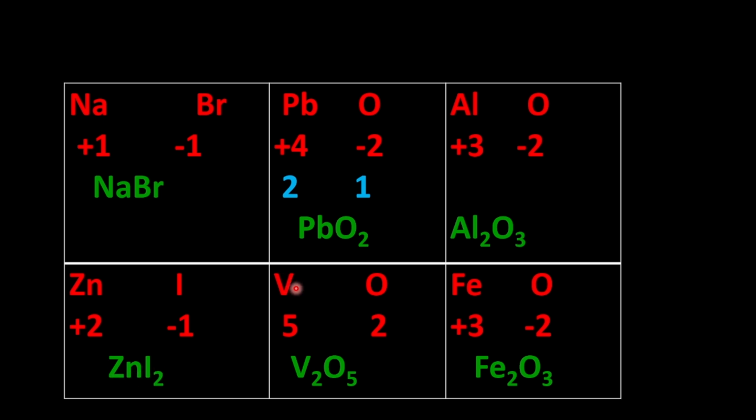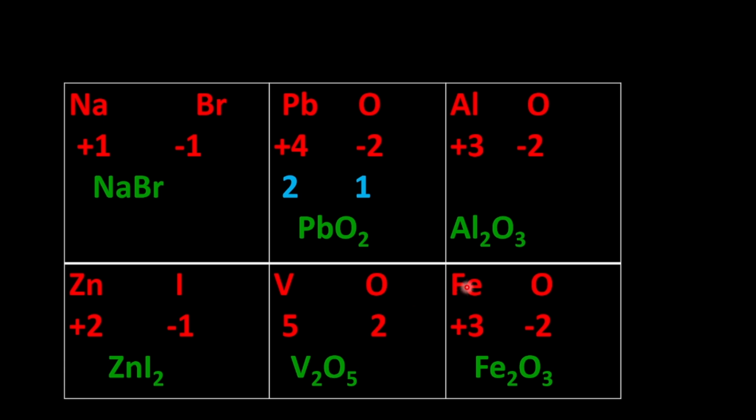Let's take that of vanadium 5. So it is vanadium 5. Please don't forget that if there is something in the bracket, that is what we consider vanadium 5. So that is V5. So when you do the crossing, you will get